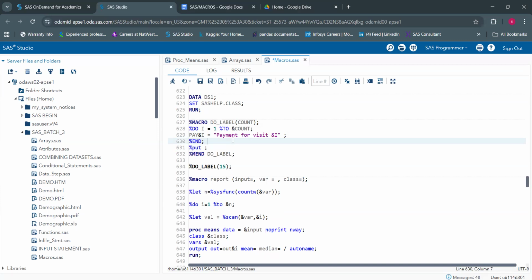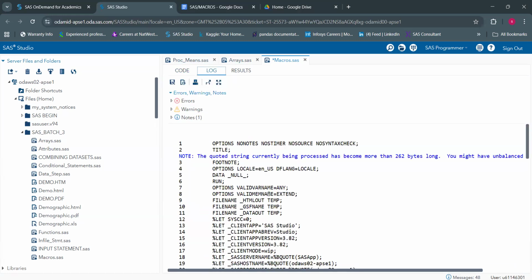Okay. Let's go to the example, ma'am. So the first thing we're doing is do i equal to 1 to &count. Here we're mentioning count as 15, so 1 to 15, right? And then pay1 equal to payment for visit1 and put main label. If I run this particular statement,